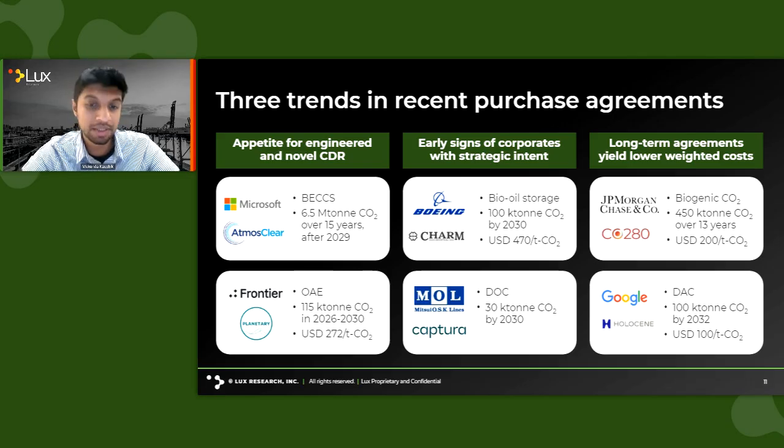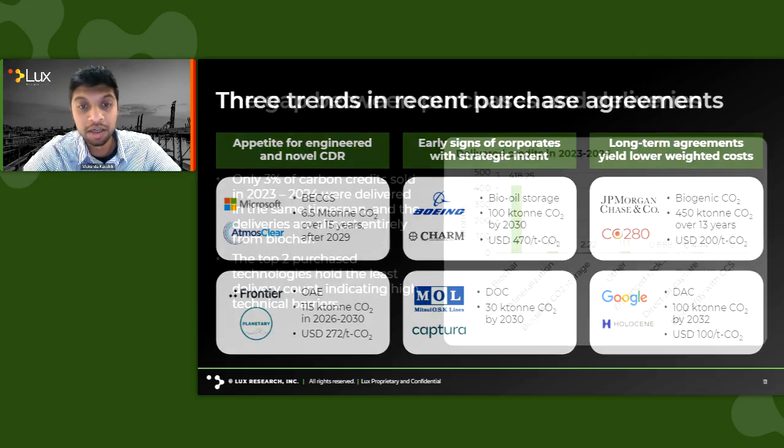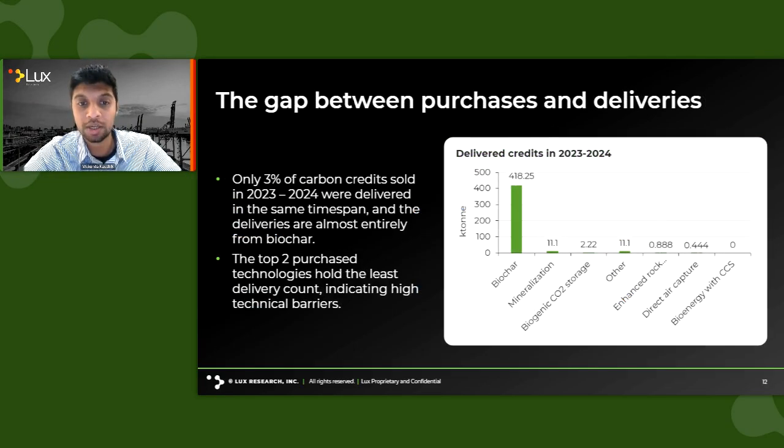But this is what companies are actually buying today. But it's also worth noting that they're buying out capacity that doesn't exist yet, right? So it also shows why companies need to engage early. The figure here shows you what credits were actually delivered in the same time frame that they were bought in